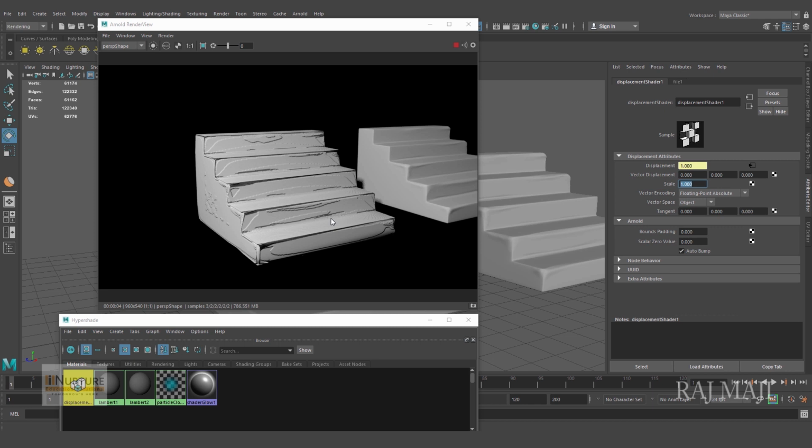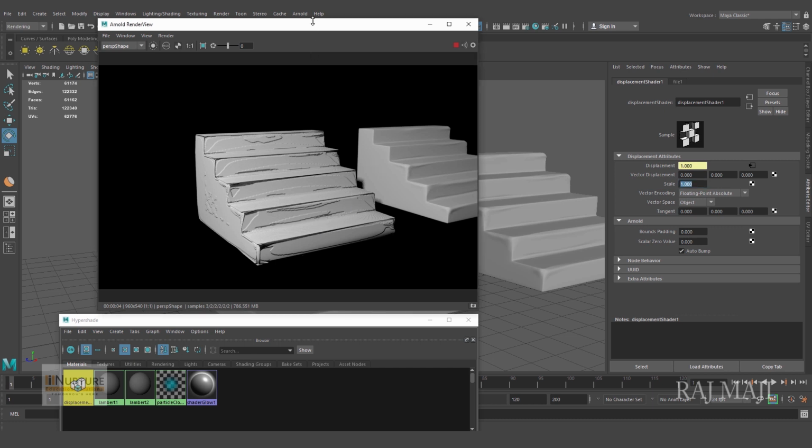Let me tell you one thing. Whatever normal map or displacement map Maya is extracting from transfer map, this is not the perfect one. Okay, so if we are using ZBrush or Substance Painter, we can get very high quality normal map and displacement map that can be workable in a project. Okay, so this is just for the learning purpose. You can understand what's happening through these maps, and that's the goal of this session.